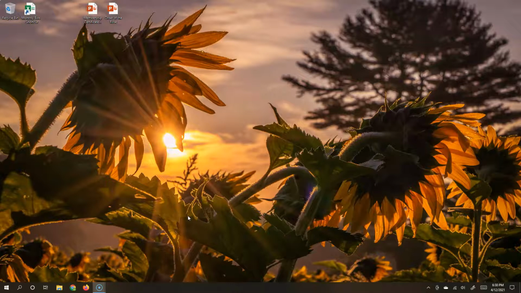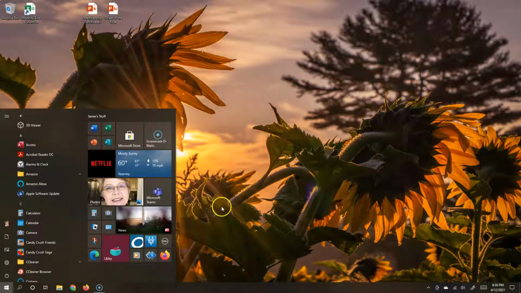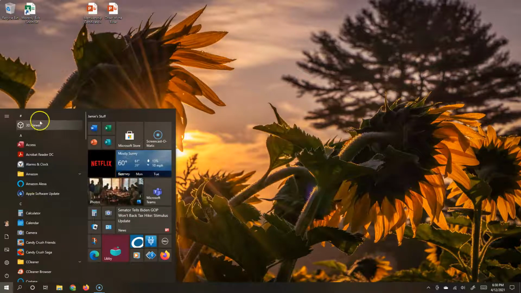So first of all, this is a PC, a personal computer. It's using Windows 10. If you have an Apple computer, a Mac computer, it will look different than this, and I'm sure you're already used to your differences. But as far as Windows 10 goes, you can tell it's Windows by this little window right here. I'm going to click on that window, and across the bottom, this is the taskbar, and then this is the